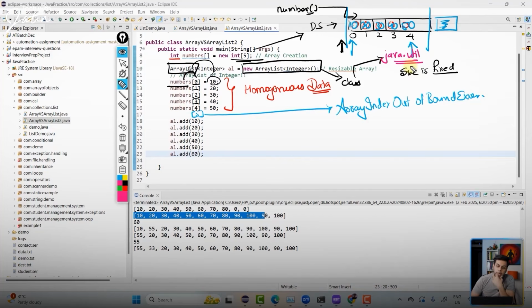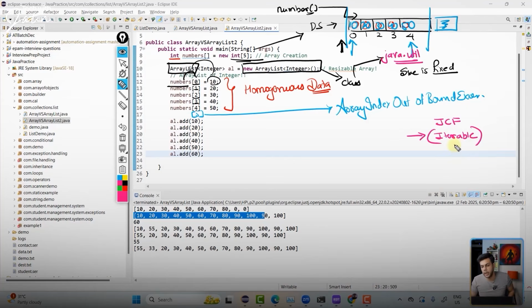Now, ArrayList is part of your collection framework also. So you have your Java collection framework. The first thing which comes into the picture is the Iterable interface. The Iterable interface basically talks about how the collection will be traversed, so all the methods related to traversing a collection are going to be there in Iterable.